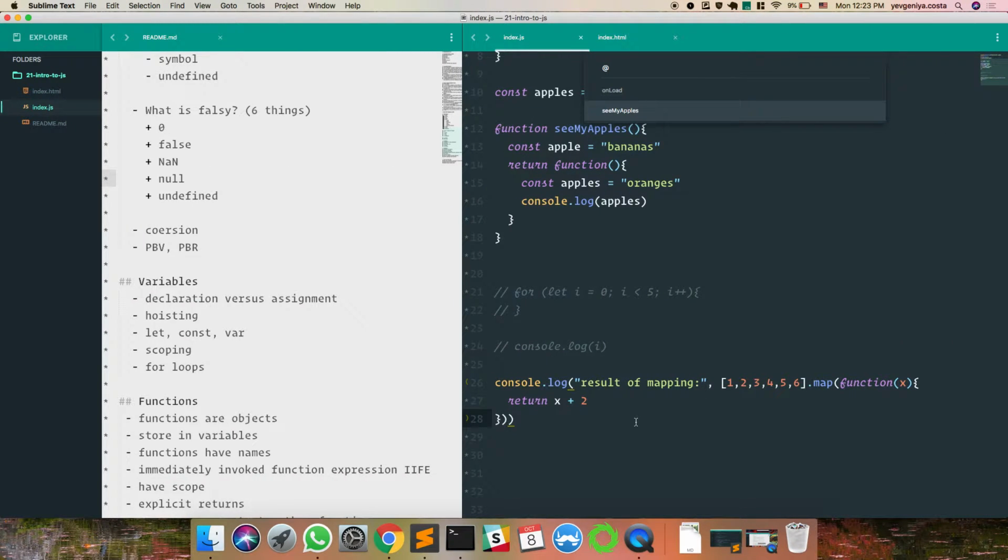Does anyone know a shorter way to write this? How would you write this with an arrow function? Gavin? Instead of writing function, you would just have X and then arrow, and then take out the return. You can do that. So, with arrow functions, when you have one argument, you actually don't even need parentheses.